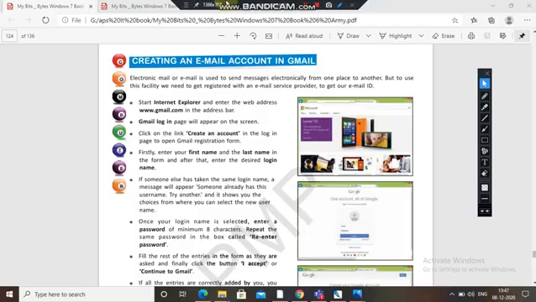Firstly, enter your first name and last name in the form. After that, enter the desired login name. Whatever login name you want, you can write it. If someone else has taken the same login name, that means you are writing your name and the same name has been taken by someone else earlier, then a message will appear: someone already has this username.